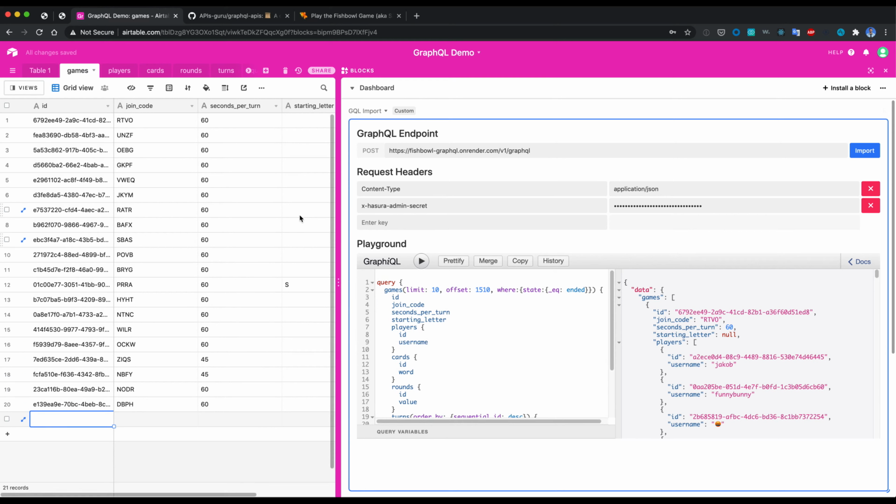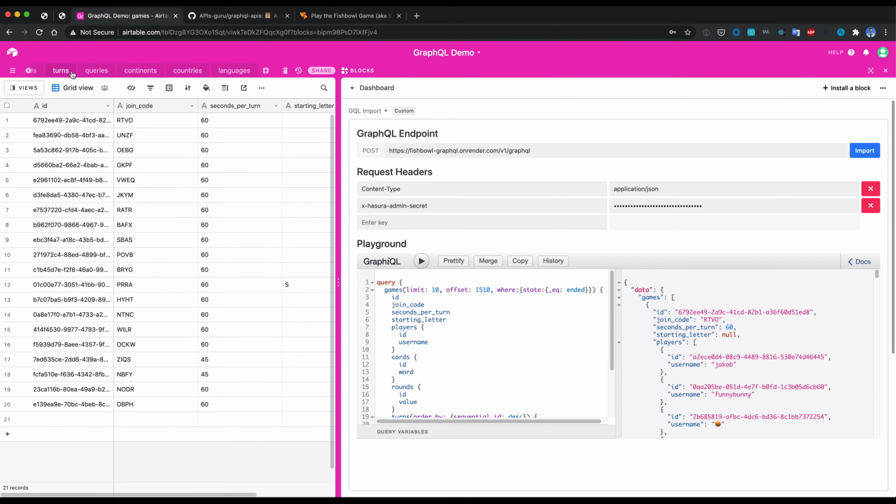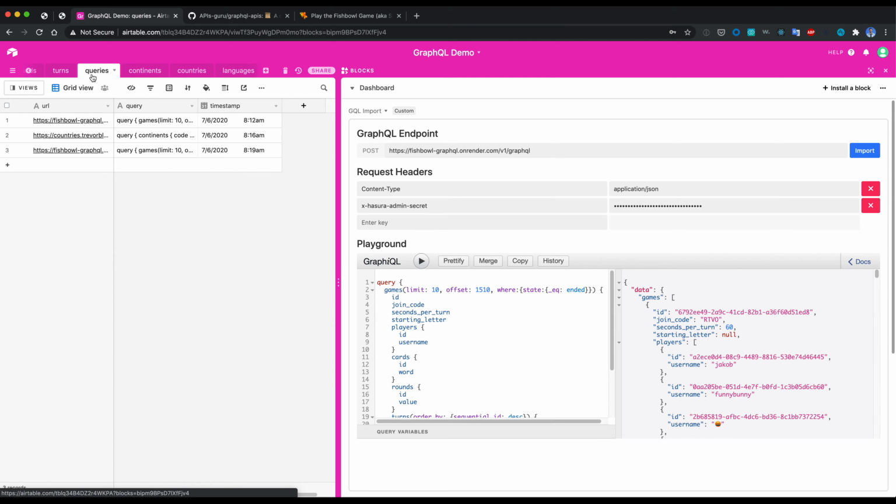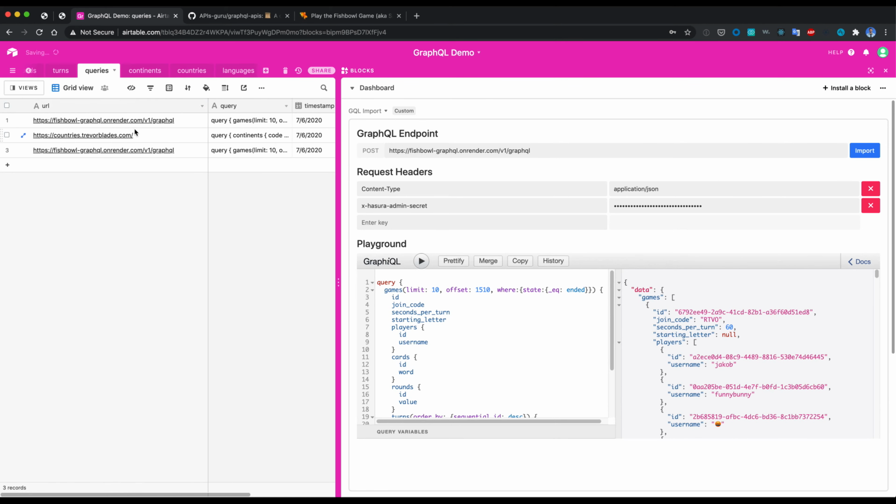So overall, you can import any data or data set behind a GraphQL API, and as long as it's coming back in a JSON structure, which it should, you can get it into your Airtable base. One thing I'll point out is that you have a queries table that's auto-generated for you that lets you know the different APIs that you've hit and the different queries, so that someone can come back and see how the data in these tables was generated, because most of the state in this block